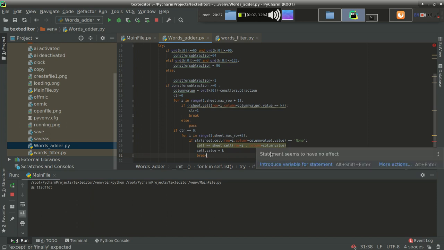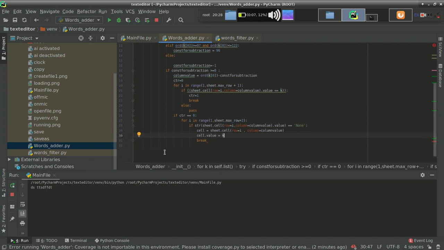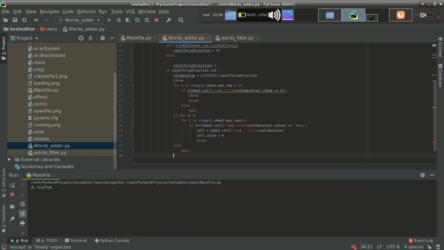I don't know why it is showing me a warning. Yeah, it should be single equal, not double. Now let's add else over here. For this if else, actually there is no need for else also, you can use it as it is.